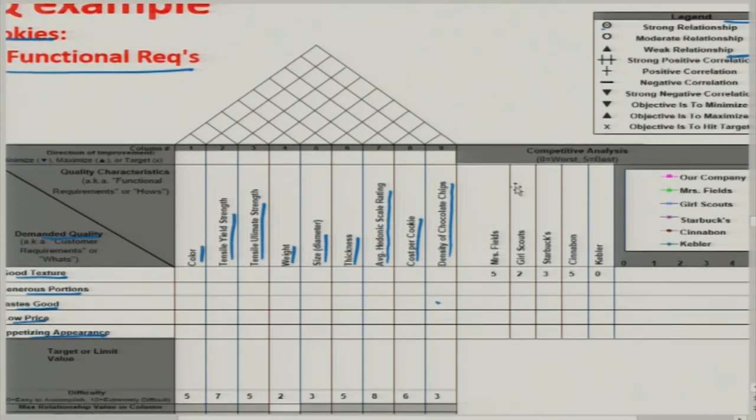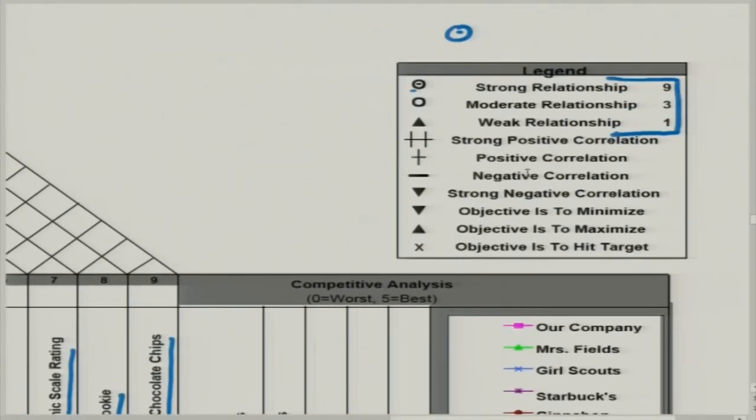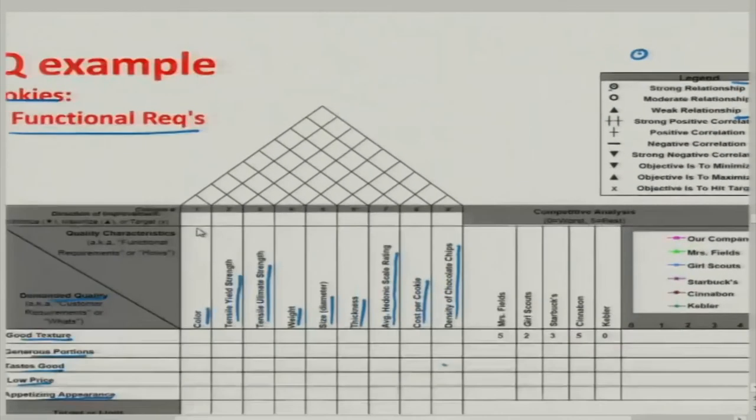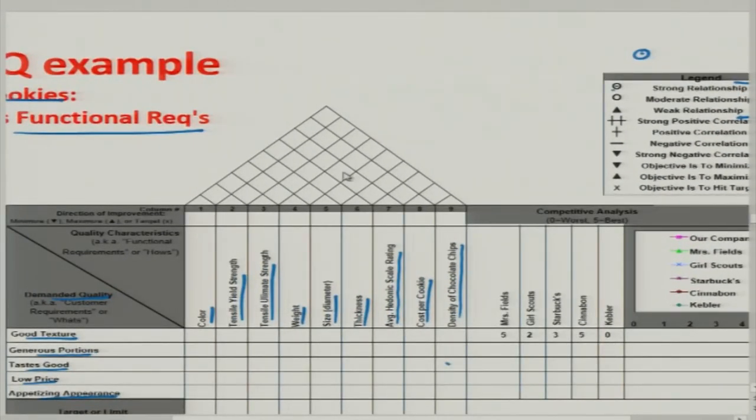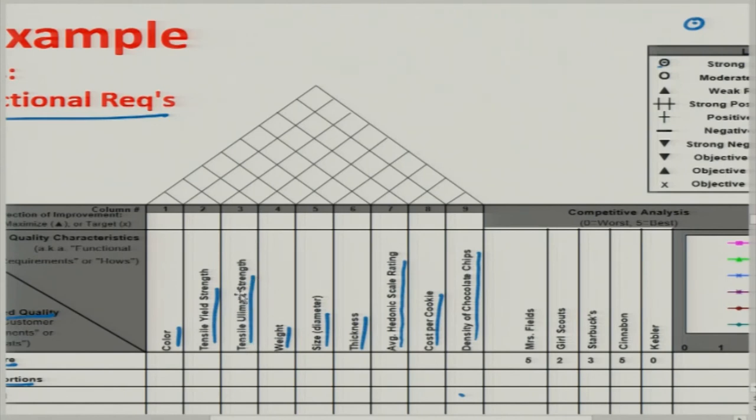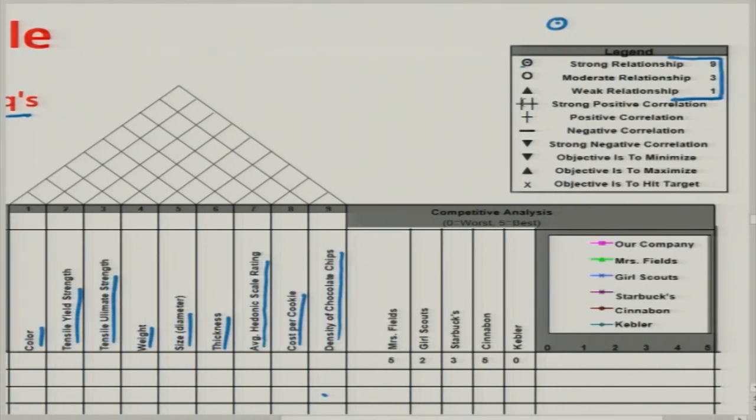Okay. Now, the other ratings, other comparisons, we have this correlation matrix. What is the correlation matrix? The correlation matrix demonstrates the level of communication among the items building qualities. These building qualities, which are color, tensile strength, tensile ultimate strength and yield strength, they should have a strong correlation. Weight, are they correlated to each other or not? Those are identified here. This rooftop of the house is the correlation matrix. For this correlation matrix, we have these notations here.